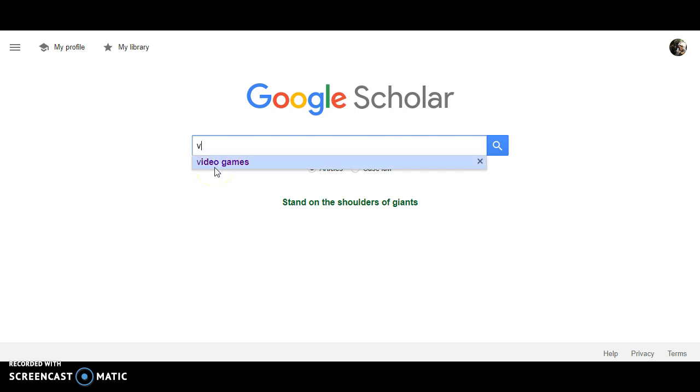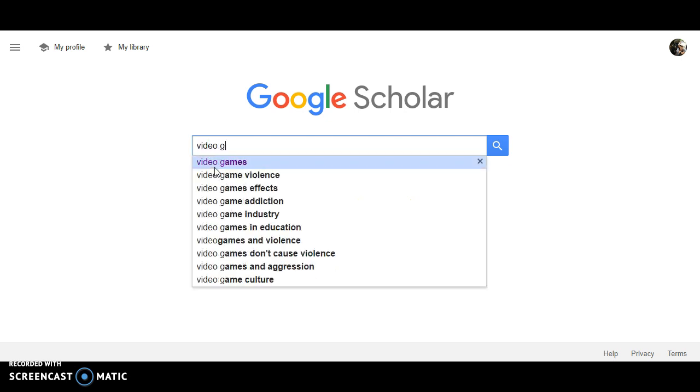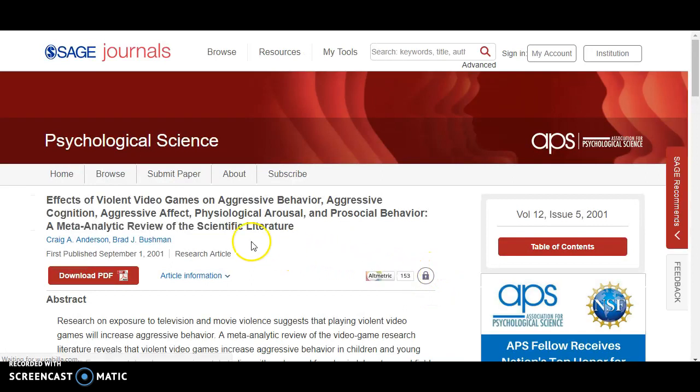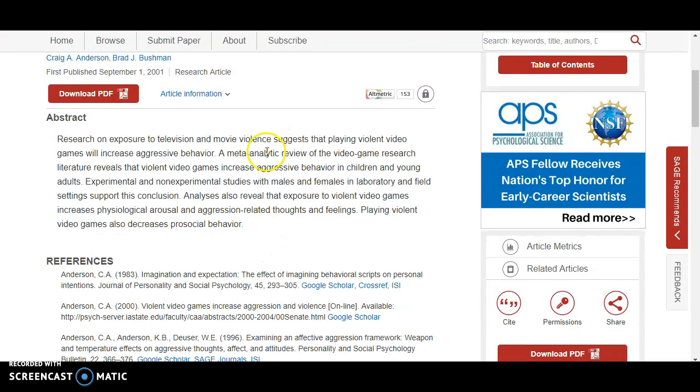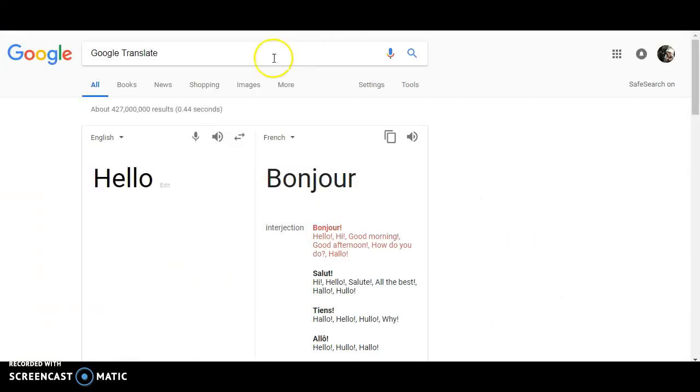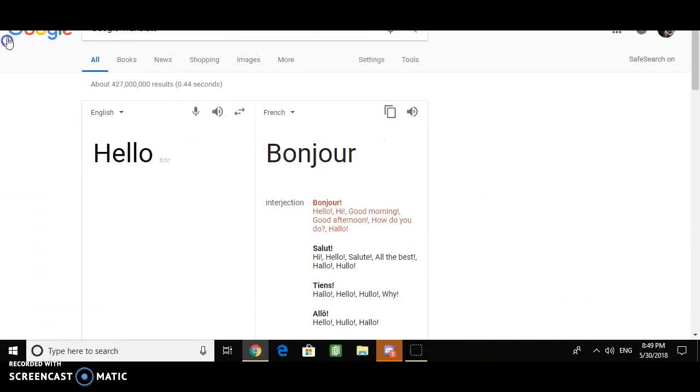You can type whatever you want, if you're doing this for a project, or if you just find it interesting, such as video games, which very much interest me. Maybe there are some different articles or websites about video games that are on the more sciencey side of things. So not a word, but we'll get past that. There's different stuff for different things,